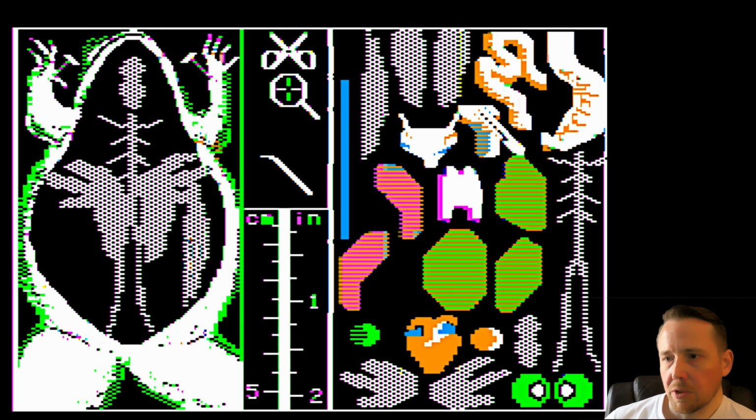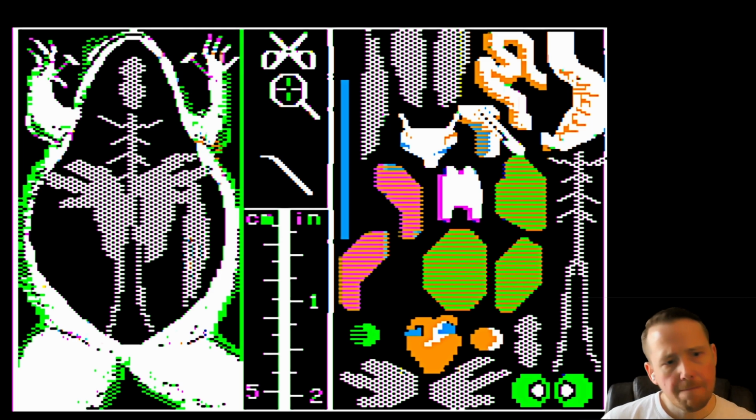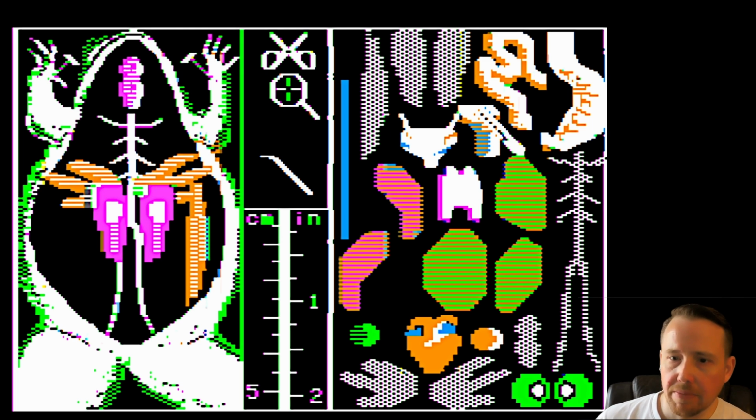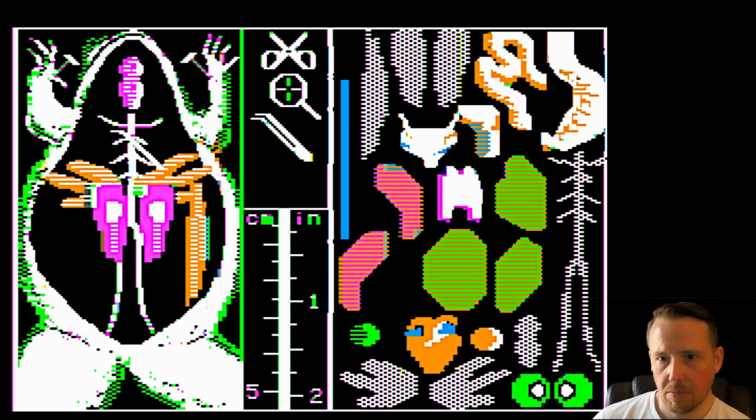Alright, let's wait for these organs to load. There they are. Okay, let's start snipping. First we gotta start probing, I guess. So we know where to snip. You can just do this all in any order, right? I mean, these aren't sensitive organs.